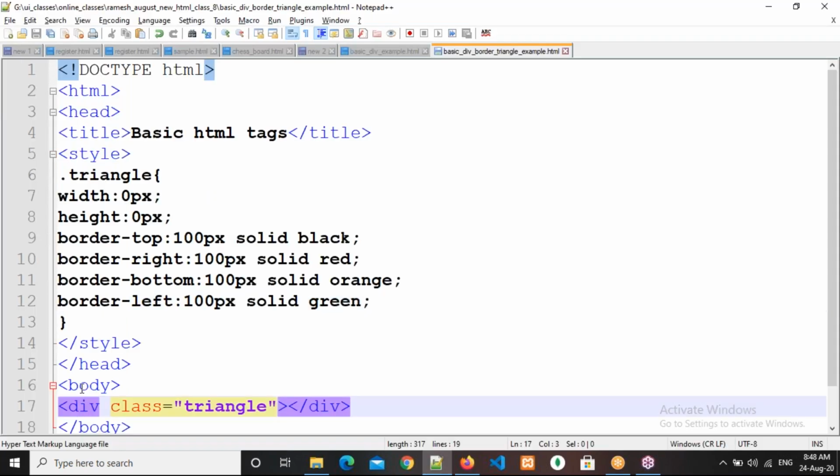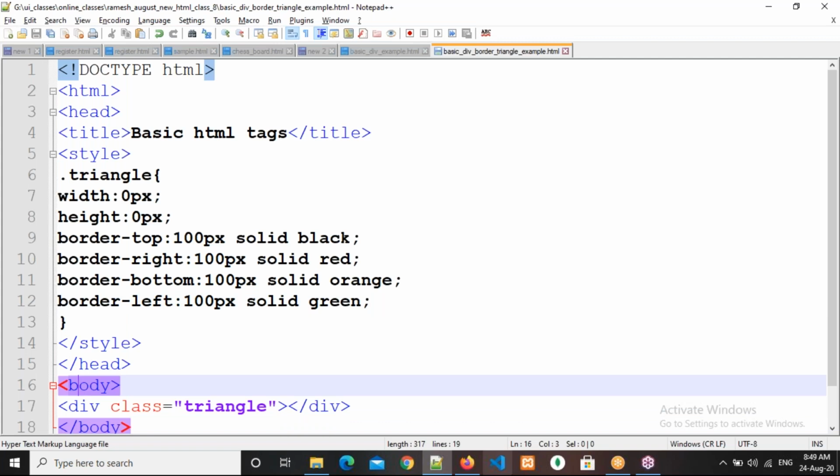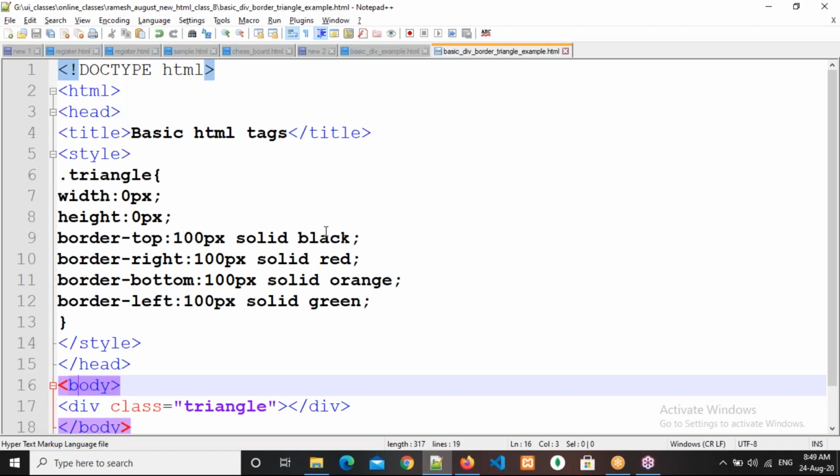What is the parent for this div tag? Body. What is the body's background color? White. So what position do I want for the triangle? I want the bottom position.